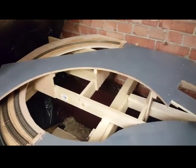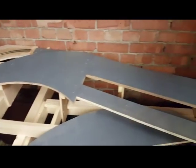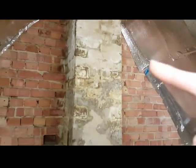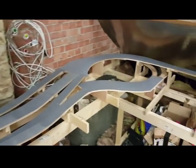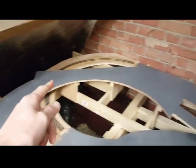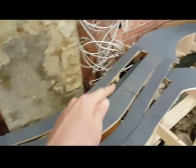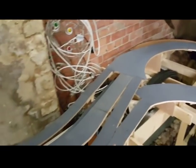These are probably quite complicated. They were very difficult to build, these reverse loops, because whoever designed the loft or the house itself decided to put this chimney right in a very awkward place. But there are 2 reverse loops on here, with the first one that leaves this end of the layout giving the ability to exit down that decline all the way around the back and then head back up